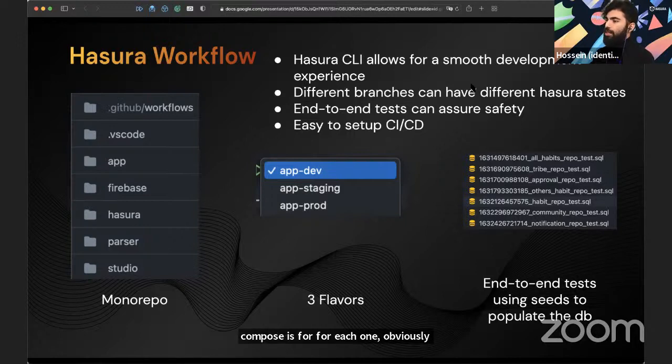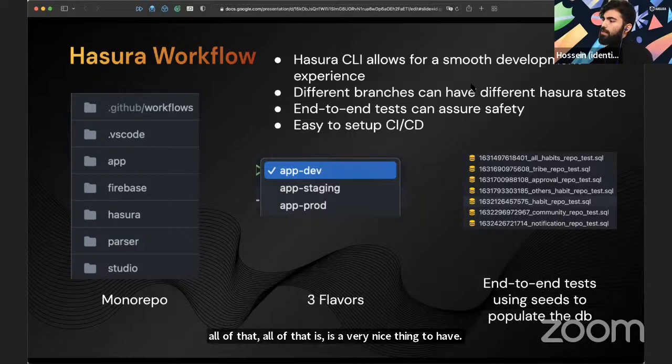Obviously, each branch can have its own metadata, its own migrations, its own seeds. So it's not going to be annoying for another developer, like, oh, why did you do this, and now my workflow is broken. All of that is a very nice thing to have.